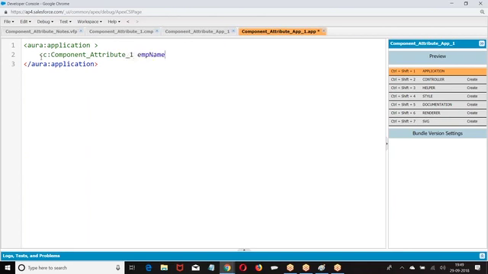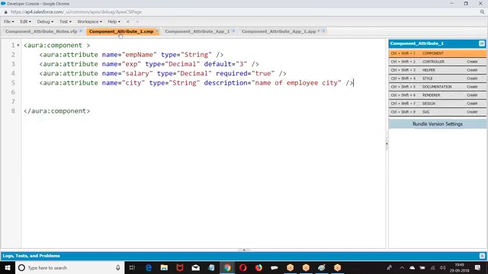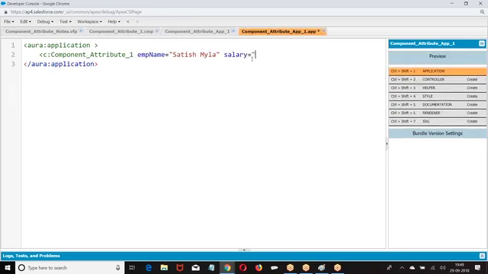Then we have empName. Here I gave experience default 3, salary. So whatever attributes you have given, those attribute values we are passing. We are invoking a component with the attributes.